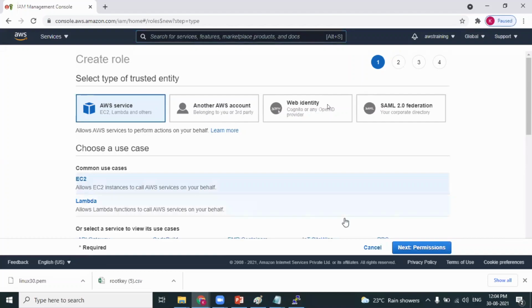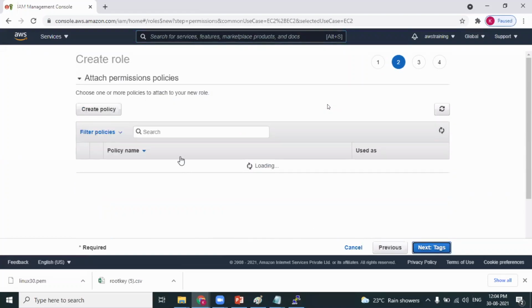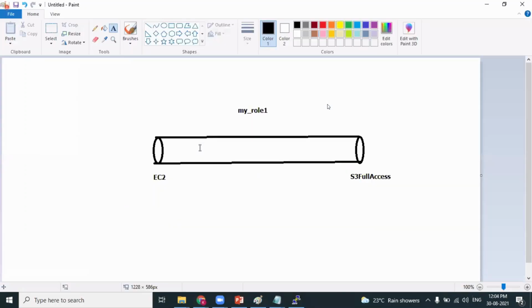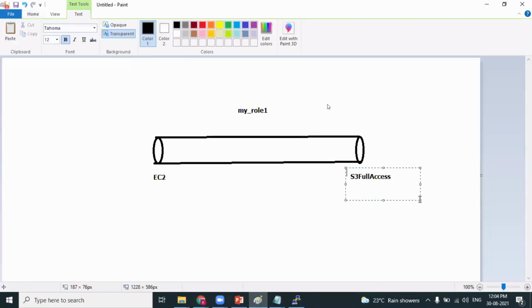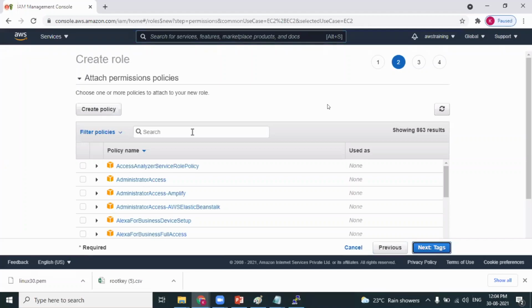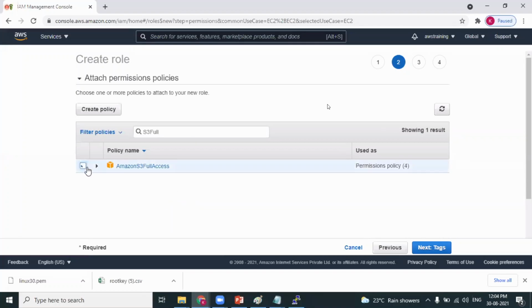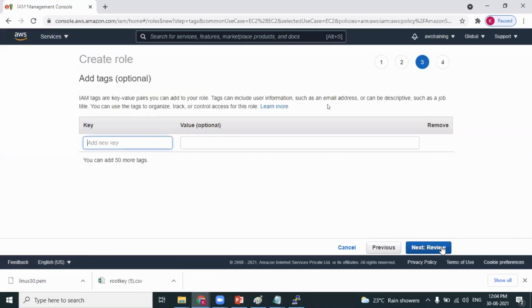Next. What policy do you want to attach? S3 full access is the policy which you want to attach, isn't it? Amazon S3 full access. Next.